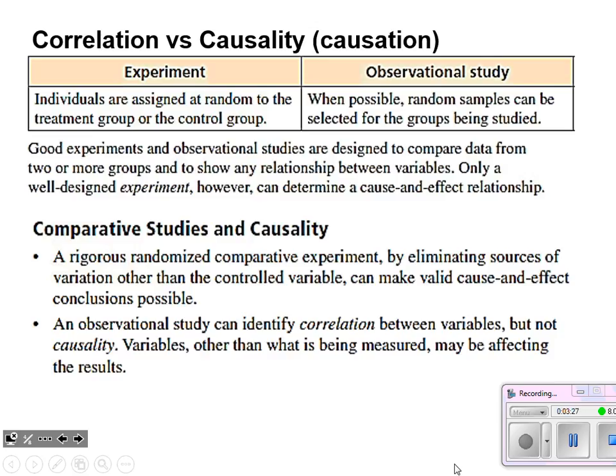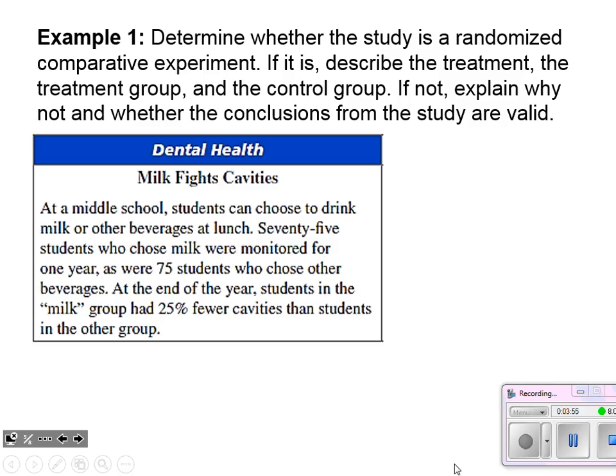In an observational study, you tend to see these more in psychology, where the data is actually collected just by observation. So by observation, we can only come up with correlation, but it is possible in an experiment to get causality there. Okay, and that's what this second little blurb here is saying. More vocabulary.